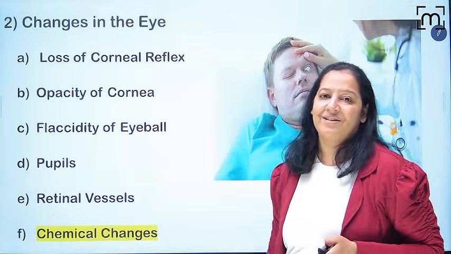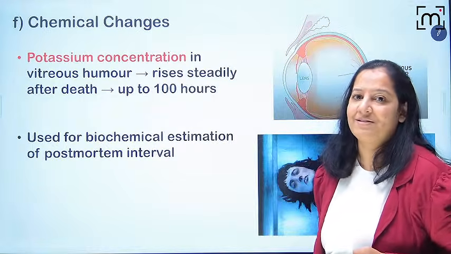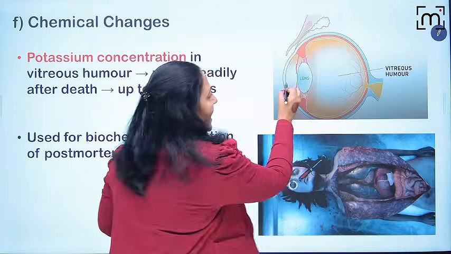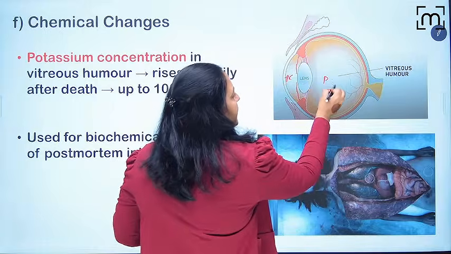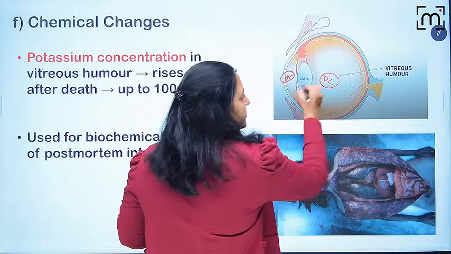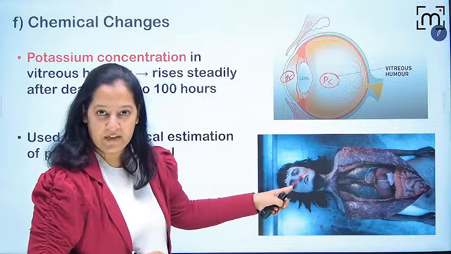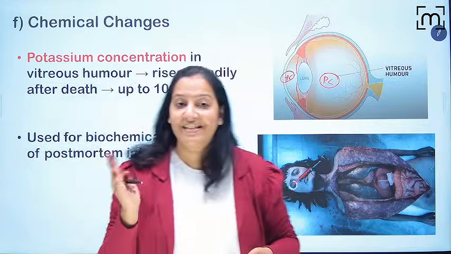The sixth and the last one is the chemical changes. So we take the vitreous humor. Can you see the posterior chamber? This is the anterior chamber. This is the posterior chamber. The anterior chamber contains aqueous humor. The posterior chamber contains vitreous humor. We are aspirating vitreous humor out from the dead body and checking the potassium